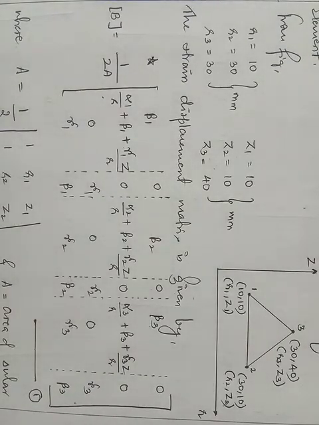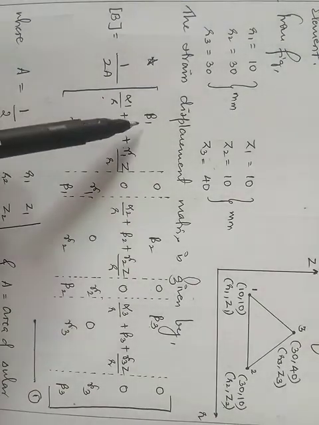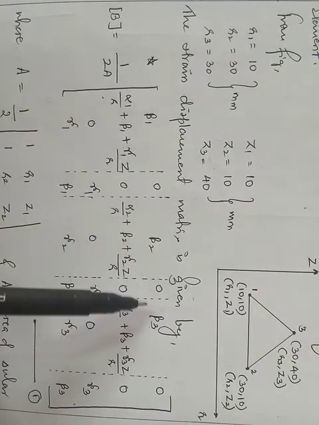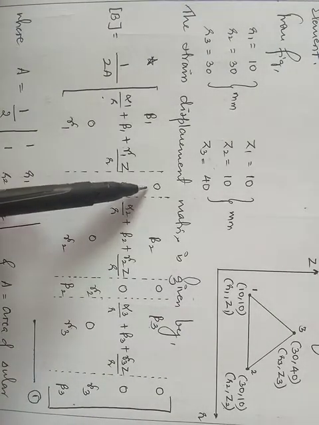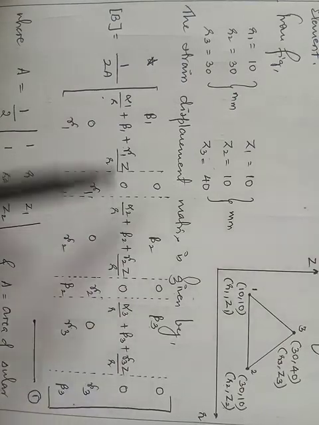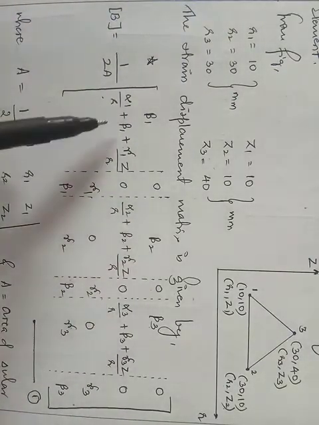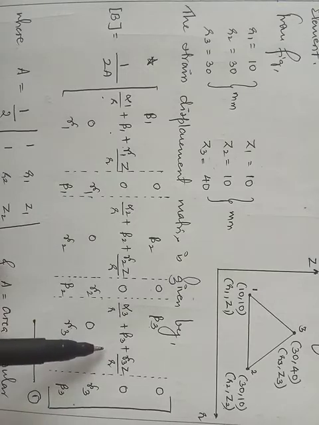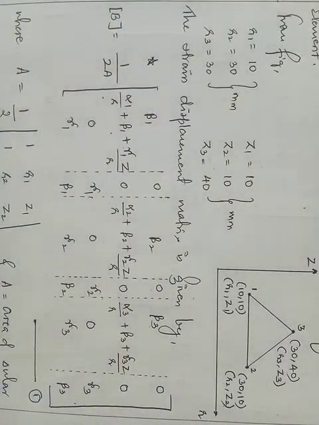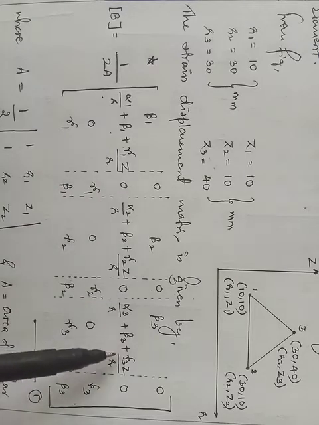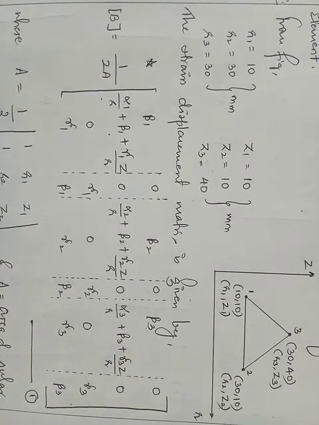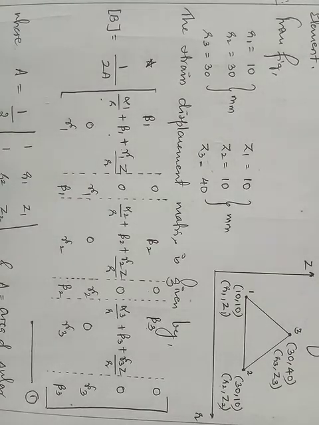So in the first row what you observe is the first element is present, the second element is 0, third element is present, fourth element is 0, fifth element is present and sixth element is 0. So alternate elements are 0 in the first row as well as the second row. So remembering beta 1, beta 2, beta 3 is quite easy, and this term which seems to be very big is nothing but shape functions n1, n2, n3. If you divide each term by r, in those shape functions you will get this term and this term, right? So that is how you need to remember the second row elements. And third row elements, it is the other way.